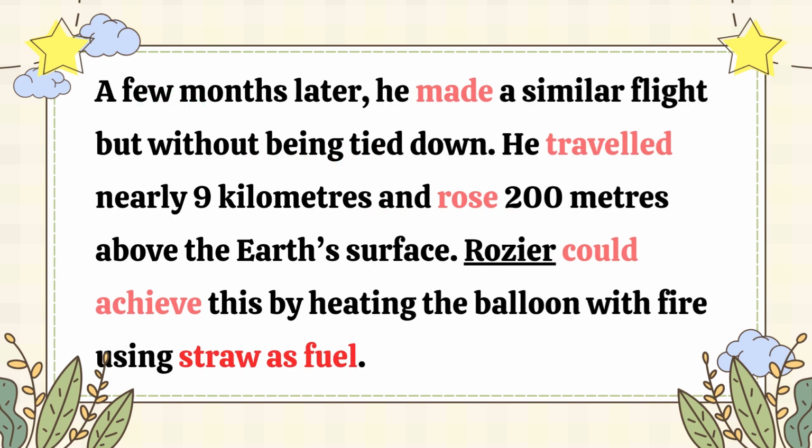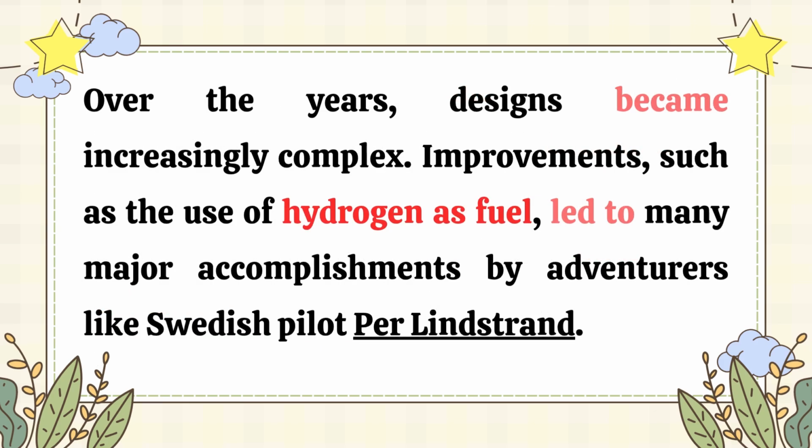A few months later, he made a similar flight, but without being tied down. He traveled nearly 9 kilometers and rose 200 meters above the Earth's surface. Rosier could achieve this by heating the balloon with fire using straw as fuel. Over the years, designs became increasingly complex. Improvements such as the use of hydrogen as fuel led to many major accomplishments by adventurers like Swedish pilot Per